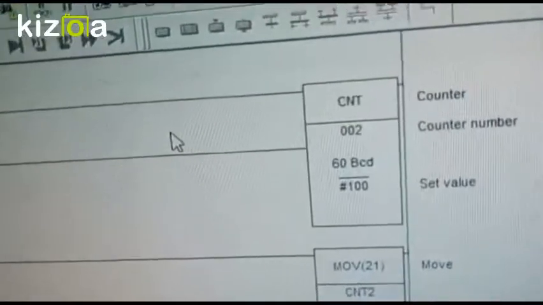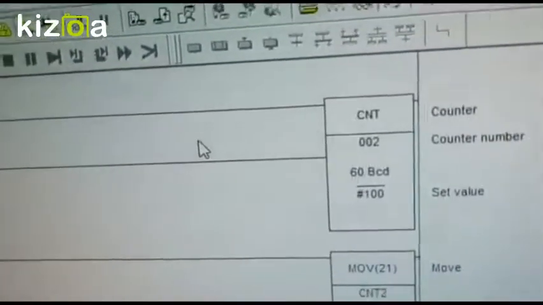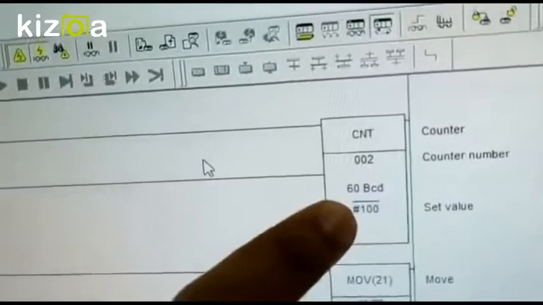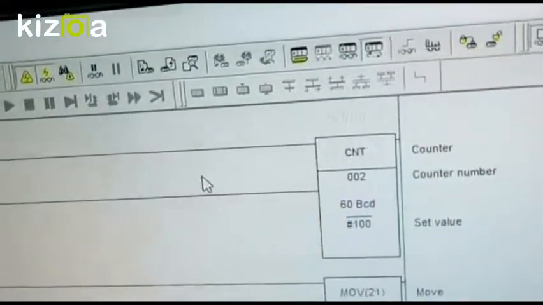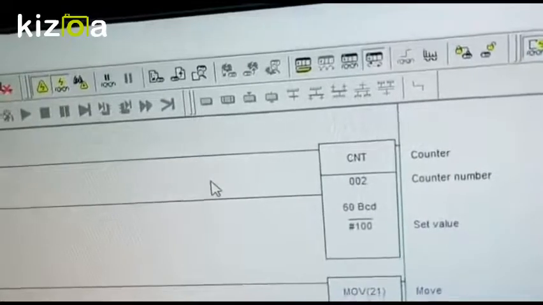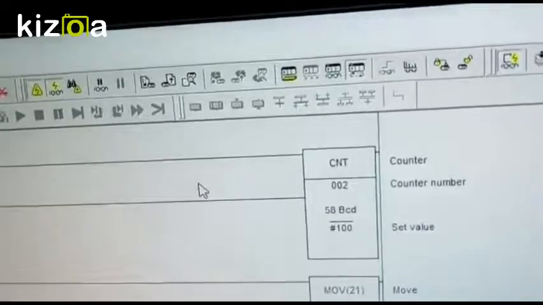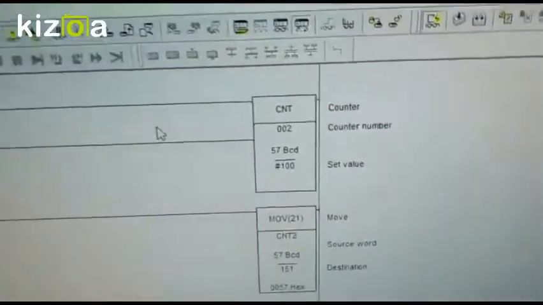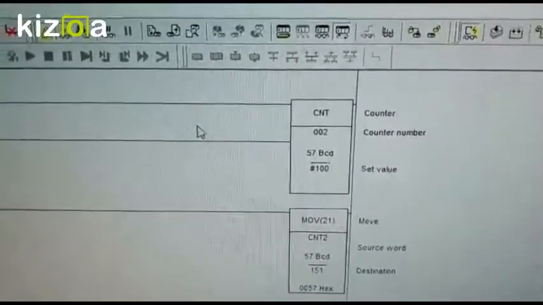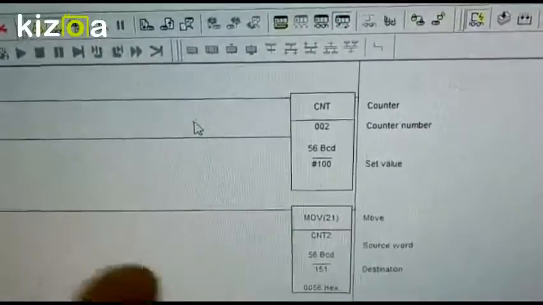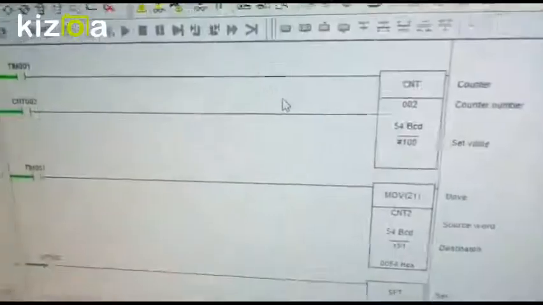You can see there is no counting because there is still no cone. So we give a cone. So we reduce again to 59. Okay, 59. So it's still counting. We need to wait for the counting. The counter will be reduced to 39, so that the green light will go off and the yellow light will come on. Just a little bit more.